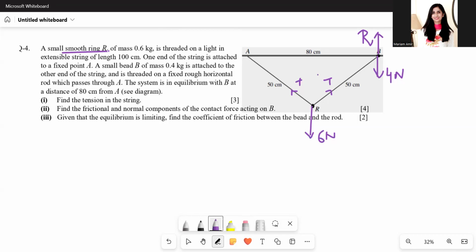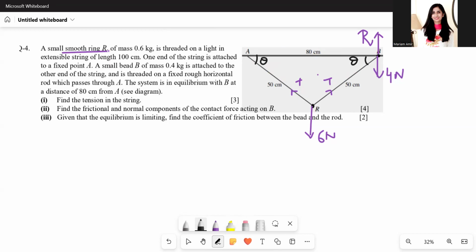Okay. So a small bead B of mass 0.4 kg is attached to the other end of the string and is threaded on a fixed rough horizontal rod which passes through A. The system is in equilibrium with B at a distance of 80 meters from A. Okay. Notice you're given three lengths, this length, this length, this length. You need to use these to find the angles since there's no angle mentioned in the question. So I'm going to try and find this angle,